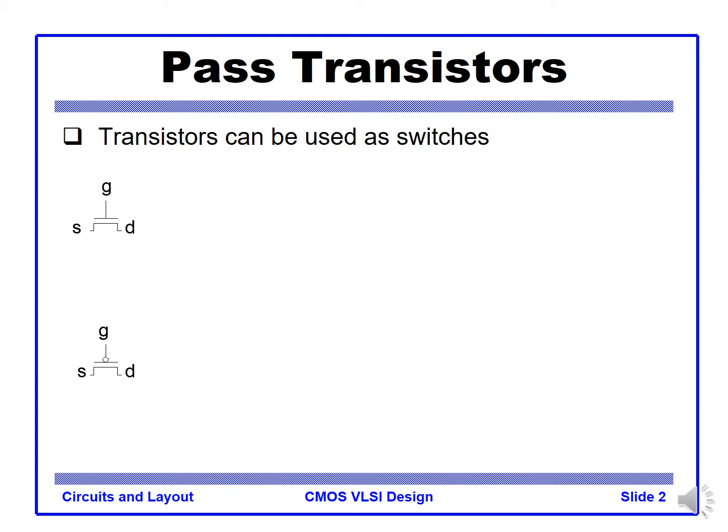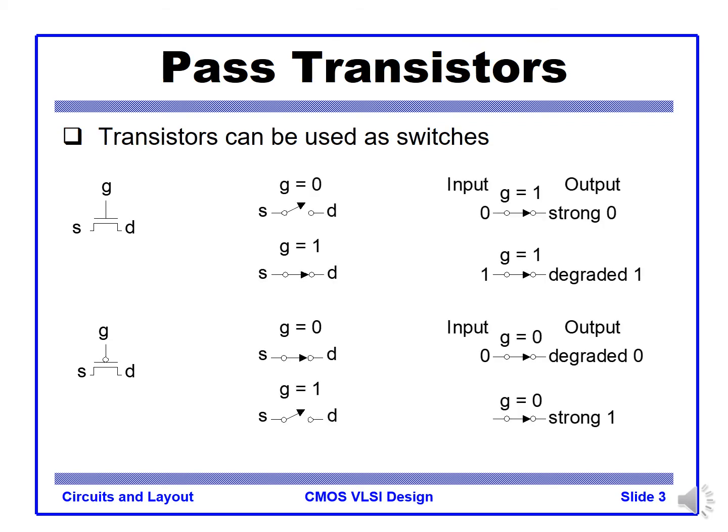So we will now look at the pass transistor characteristic. We know that for NMOS, if the input is 0, then it is open. If the input is 1, we say that this is closed. But one thing to note is that for NMOS, the 0 passes strongly. The 1 cannot pass properly. It only has a degraded output. This is because,